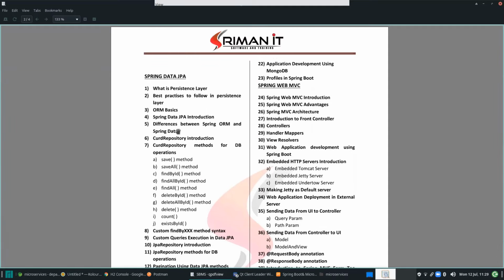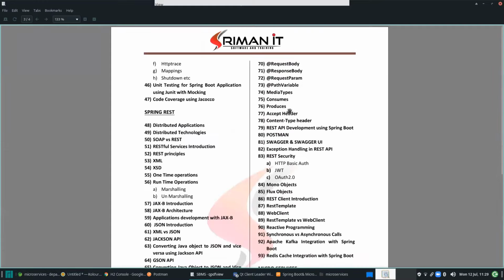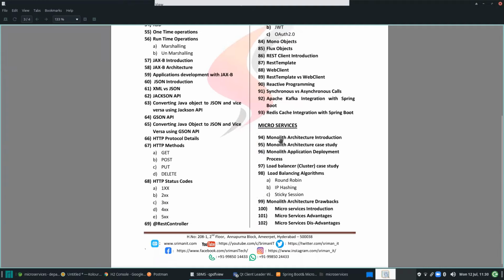Once that is done, we'll come to Spring Web MVC, creating web applications by using Spring Boot and Spring Web. Then we'll come to Spring REST, in which you can create RESTful web services by using Spring and Spring Boot. And then we'll come to microservices.